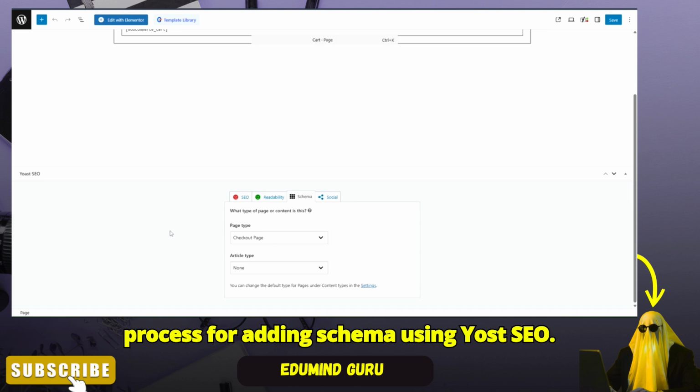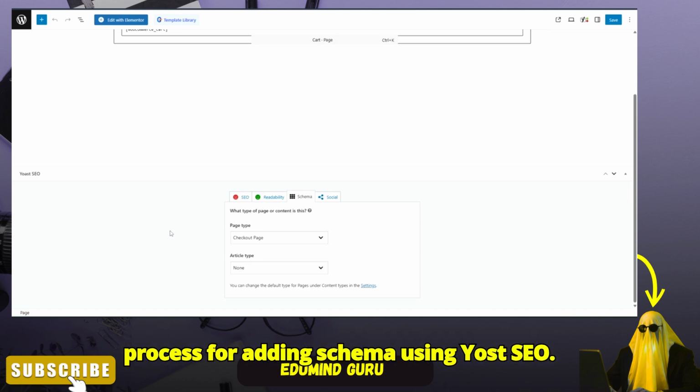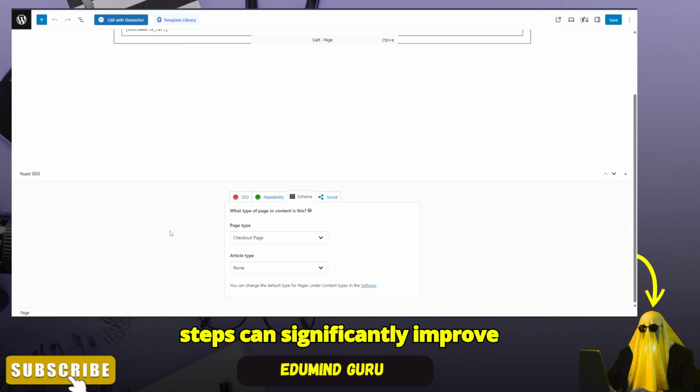That's the process for adding schema using Yoast SEO. Remember, accurately implementing these steps